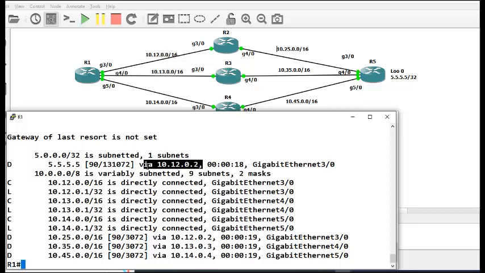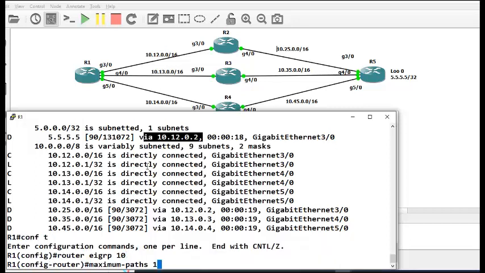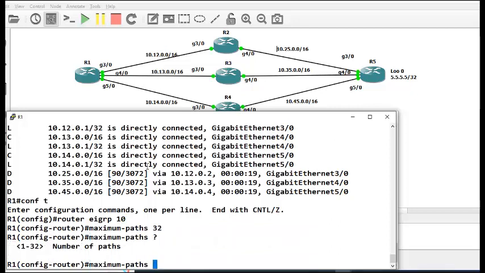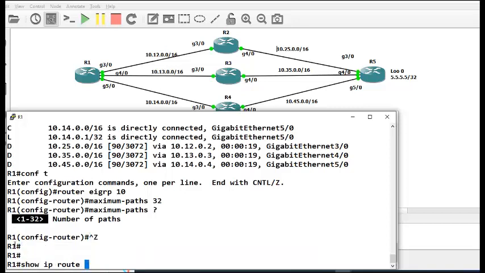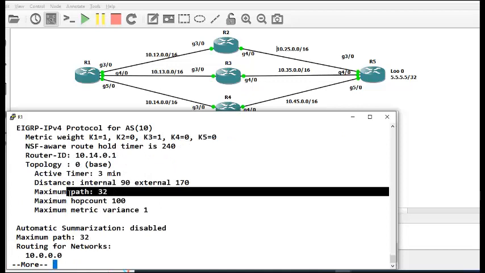Earlier I had 3 routes via 2, 3 and 4. Now let us go back and put the max path to 32. Up to 32 you can do. Let us check whether anything higher is no. 32 is the maximum. 1 to 32. Now if you go back to protocol command, you will see up to 32 you have enabled, but